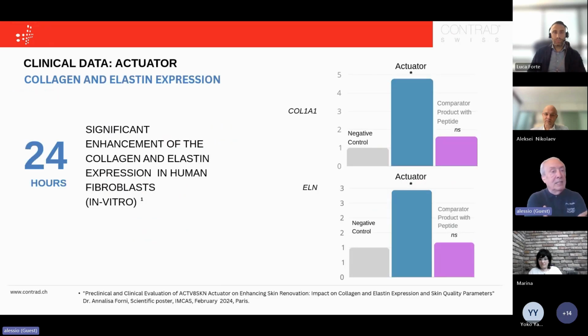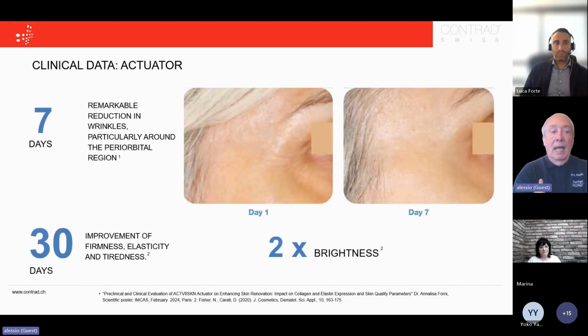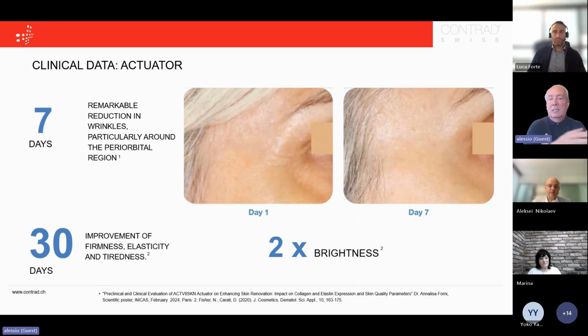The collagen and elastin expression in 24 hours shows a good enhancement. Here you see the diagrams of collagen and elastin. And after 7 days and 30 days, the brightness that I showed you, and that you also saw in my patient, was really visible and is one of the best and most important outcomes of the ablative lasers and